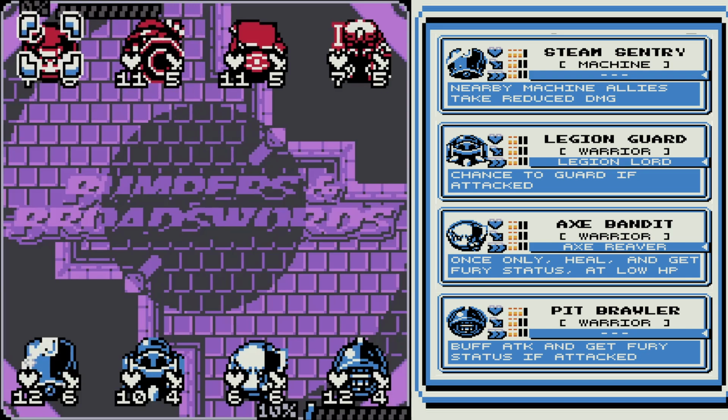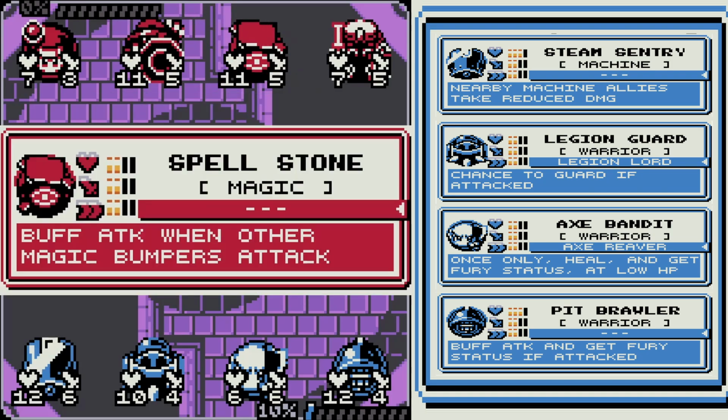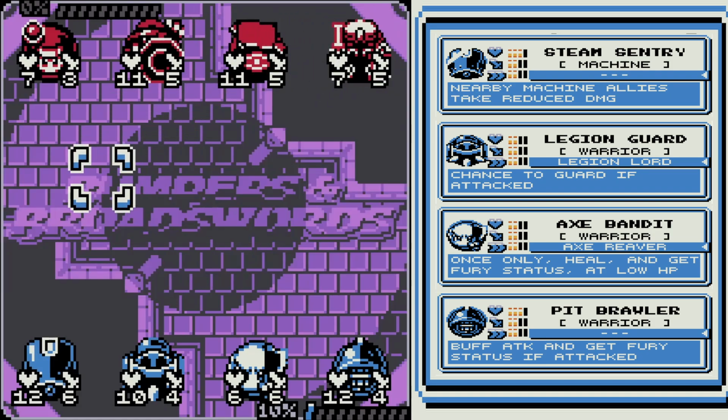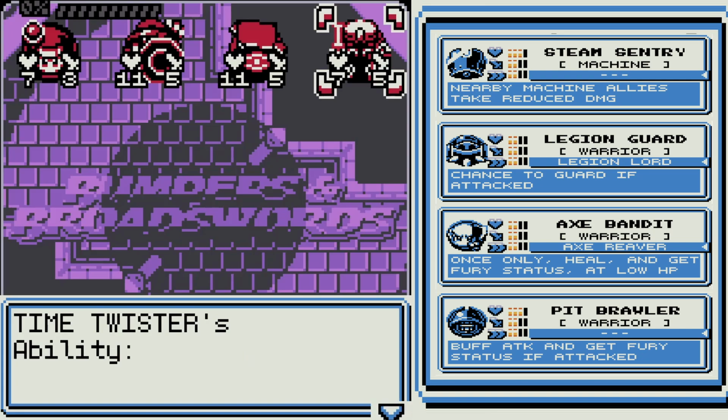A magic build that counters magic? Gives nearby magic allies a chance to guard. What's this do? Buff attack when other magic bumpers attack. So, enemy and ally ones. That's interesting. Chance to cut launch speed of an enemy bumper. Okay, I guess maybe whenever he attacks or something. I don't know. It doesn't matter because we're going with the tried and true strategy of, oh my dear God